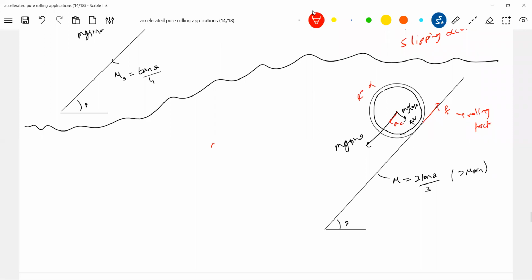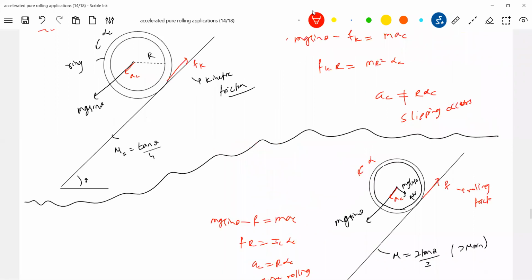So then what are the equations? mg sine theta minus f equal to mac. F into r equal to I alpha. Then ac equal to r alpha c. Strictly what is this friction? Rolling friction. Then ac is equal to r alpha c, pure rolling. So slipping will occur or not will be determined by the condition of mu. I think you got it in a very simplified way. I've just put everything in front of you.